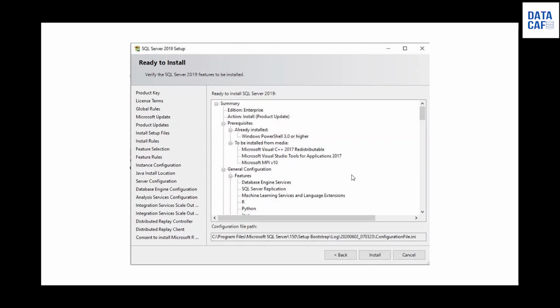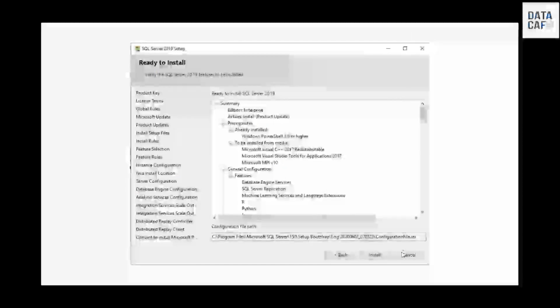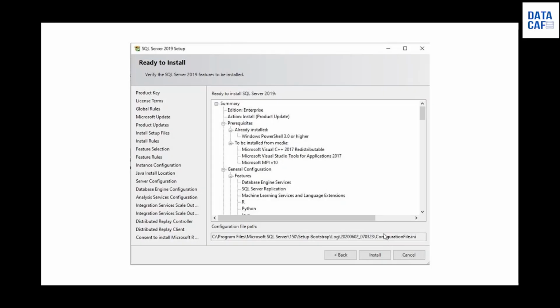Then it will display the summary of what we are going to install. The feature list is listed. So if you scroll down, you can check all the features which we are going to install. If you are okay with those features, you can click on the install button, then it will install all the relevant features on your operating system.